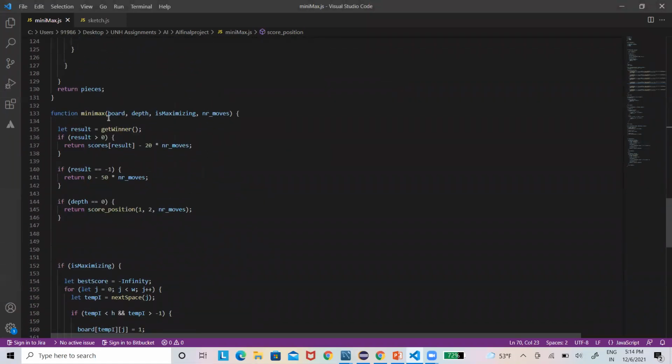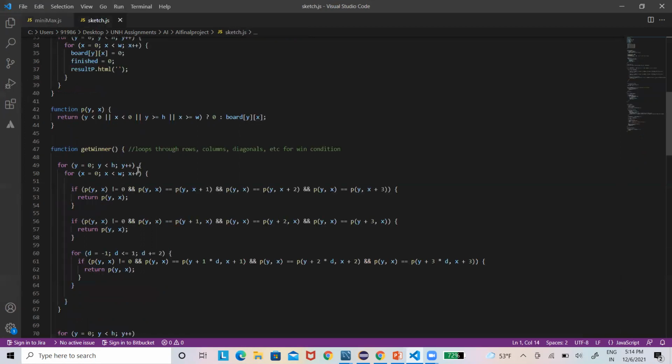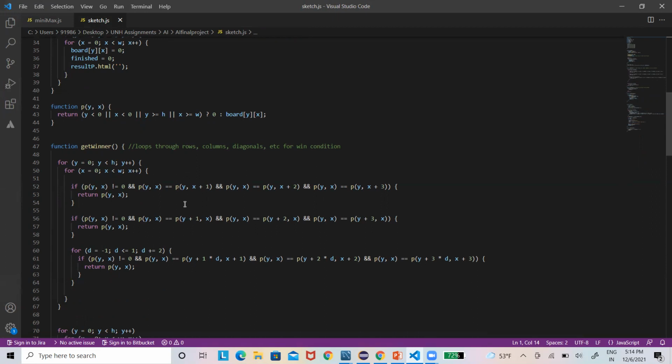This is a min-max function which is used to calculate the winner. Here is the get winner function, which is written in the sketch.js. The get winner function loops through the rows, columns and diagonals to find the winner of the game.